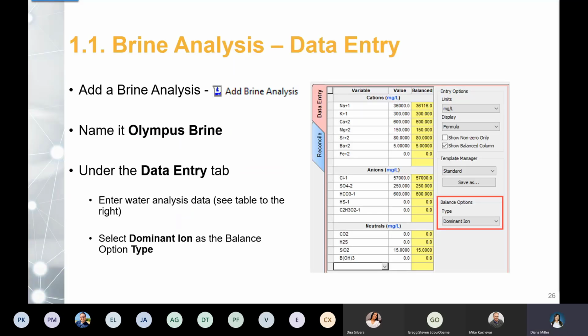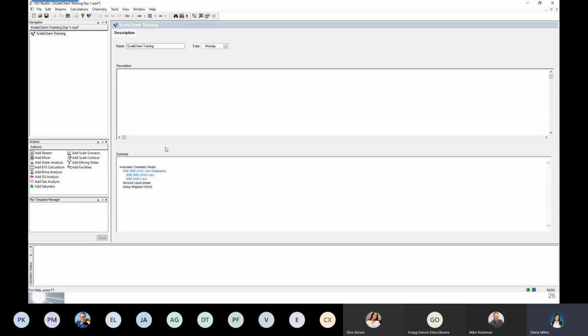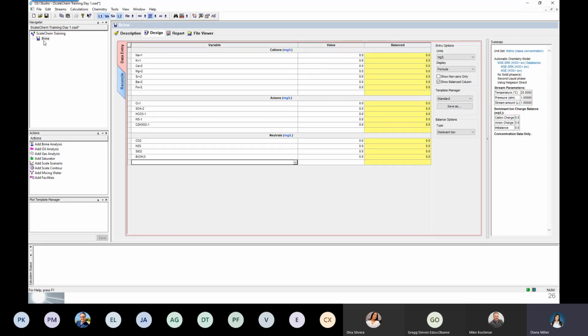Okay. So the first step that we are going to do is learn how to enter a brine analysis. So if you go to the actions panel, you'll see down here, you'll find the option that says add brine analysis. So once you find that in the actions panel, add brine analysis, then let's go and double click brine analysis. And this will create,